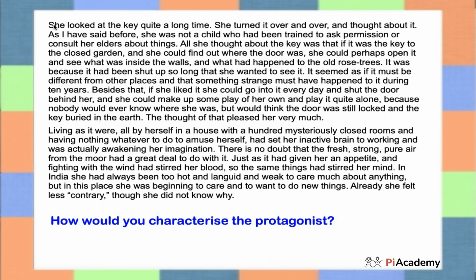She looked at the key quite a long time. She turned it over and over and thought about it. As I have said before, she was not a child who had been trained to ask permission or consult her elders about things. All she thought about the key was that if it was the key to the closed garden and she could find out where the door was, she could perhaps open it and see what was inside the walls and what had happened to the old rose trees. It was because it had been shut up for so long that she wanted to see it. It seemed as if it must be different from other places and that something strange must have happened to it